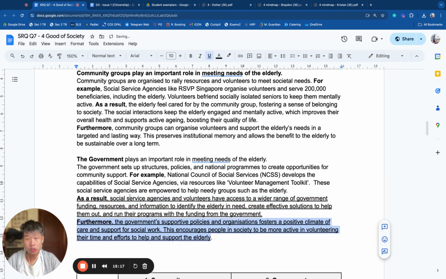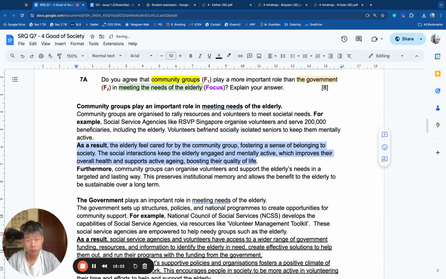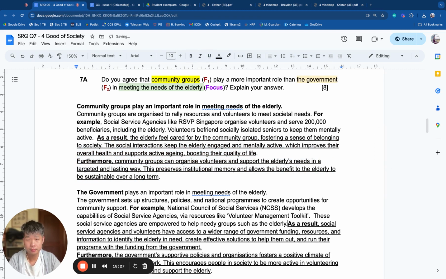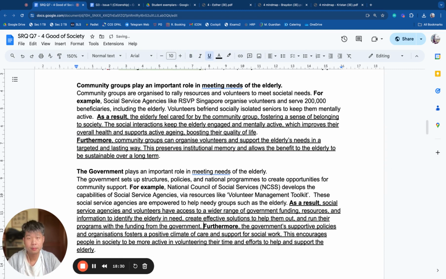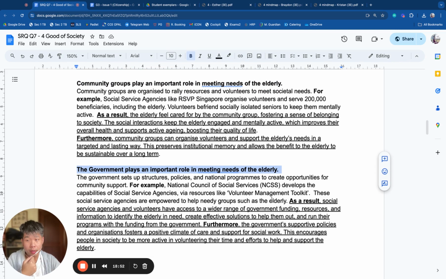So this is the structure of a question 7 essay. Minimally, you would need to have two P arguments. All right, so this is the shape of a question 7 essay. Minimally, when you address the question, right? Step 1, you would have to analyze the question, factor 1, factor 2, focus. Step 2, you would need to write the Q argument, factor 1 to the focus, factor 2 to the focus. And then we go to weighing.